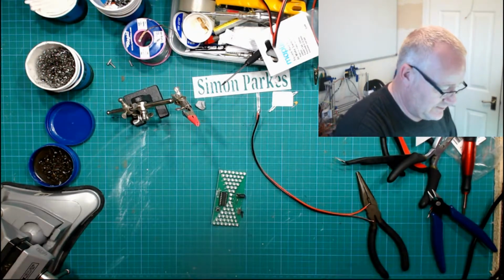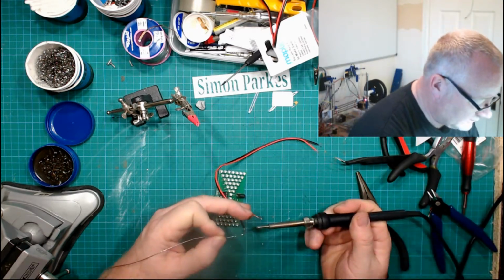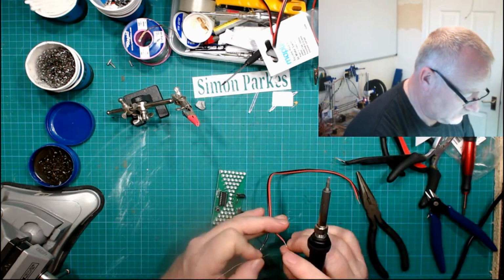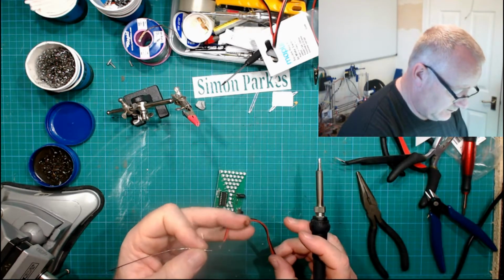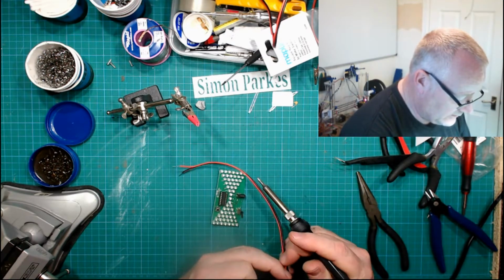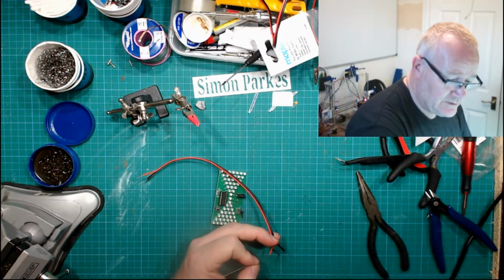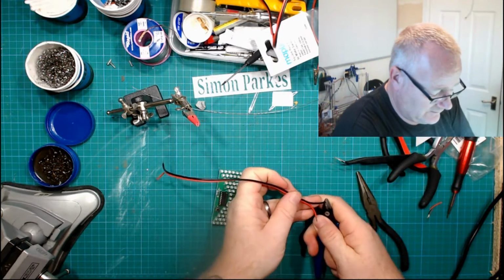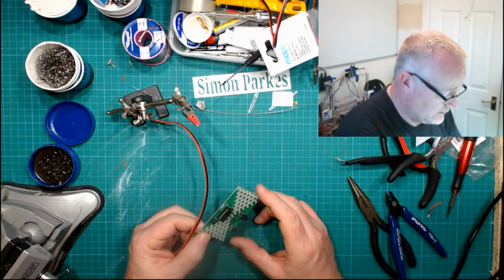Ah, yeah, there's the habit of the old solder on the reel. So we'll quickly tin this. And we'll use the bench power supply to do what we need, I guess. It's 3 volts, so it should be okay. But that suggests to me that this will take more than 3 volts. Actually, what I'll do is have a read of the sheet for the chip to find out what its input voltage is. Because if that'll take USB, then that's 5 volts, isn't it? So it could be 3 to 5 volts,